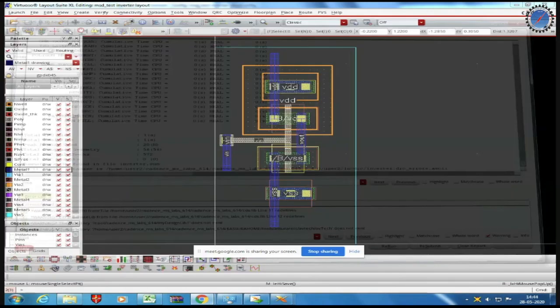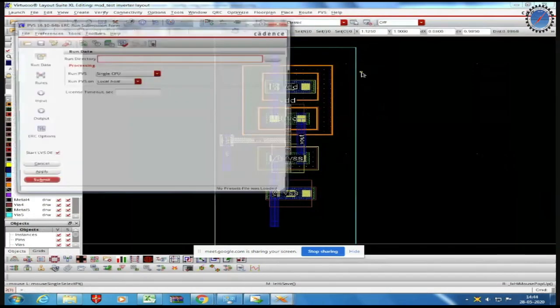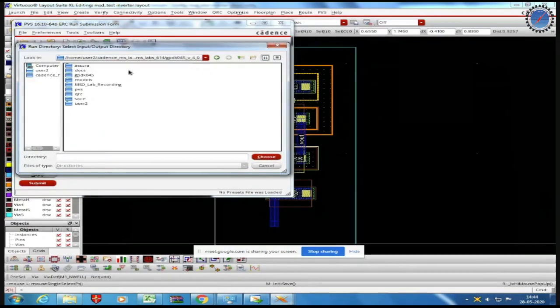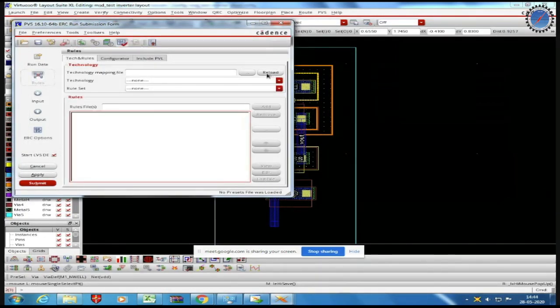Close this. Go to PVS and run ERC. ERC is electric rule check. Choose any run directory. Click on rules.